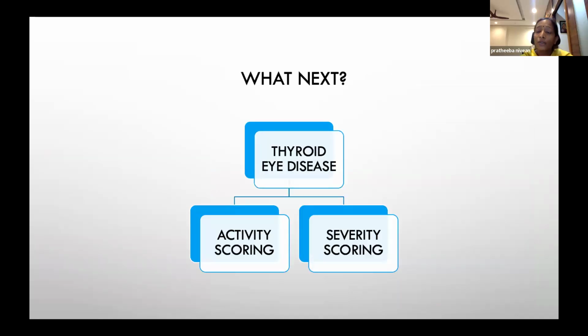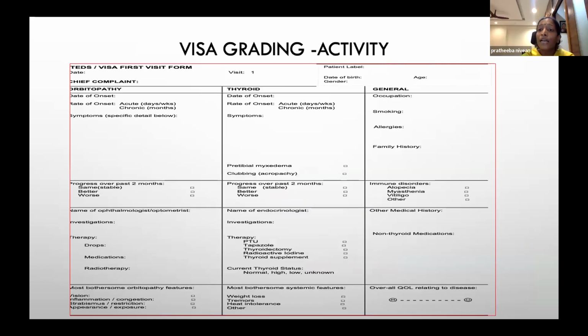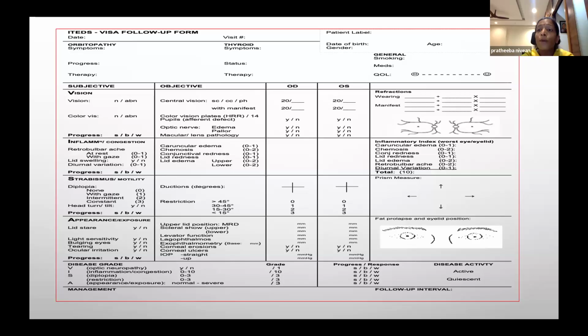So what next? You diagnose that the patient has thyroid eye disease. So what should you do as a clinician? You should look at the activity and the severity. Way back when I did my PG, we were always doing VISA grading to detect the activity. VISA stands for vision, inflammation, strabismus, and appearance. This is a very detailed form which has the entire details about the thyroid, systemic thyroid parameters and also the inflammatory scoring. When a patient has an inflammatory scoring of more than 4, the patient is said to have activity. And there is a follow-up form as well in VISA, which also gives us the prognosis whether the